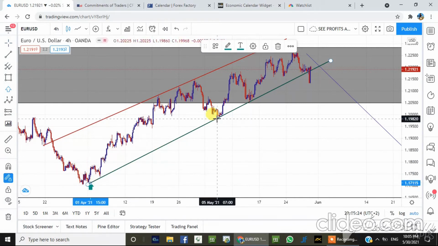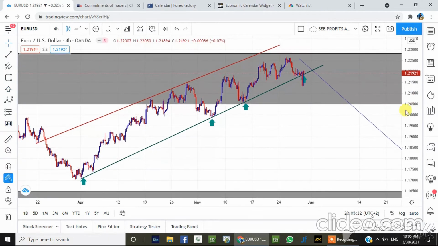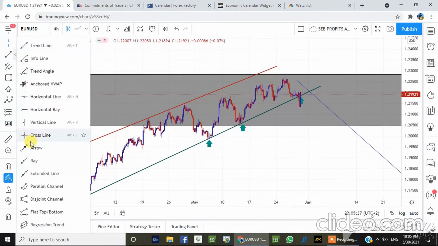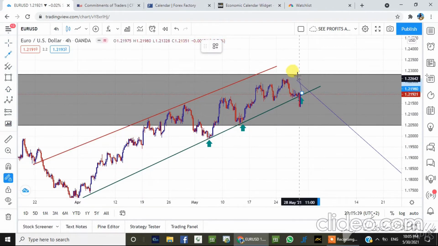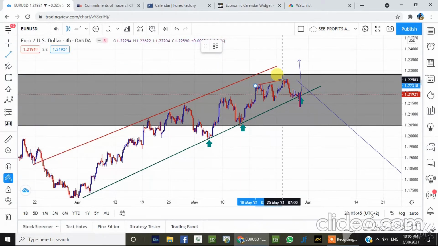First touch and it's bought, second time it's bought, third time it's bought, and now it's for the fourth time. But I really don't see EURUSD making that touch to the trend line in resistance up there. The reason behind it is that it failed multiple times to break this smaller trend line in resistance here. It shoots up, it's rejected,